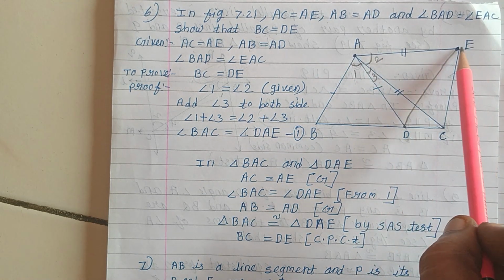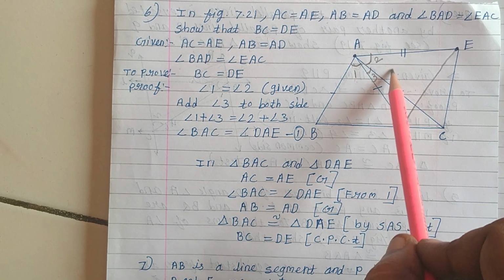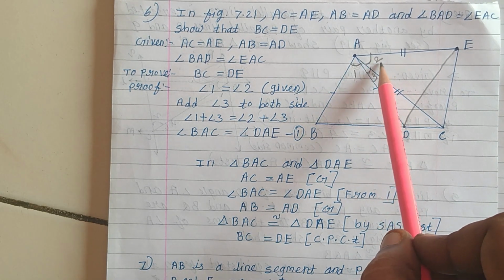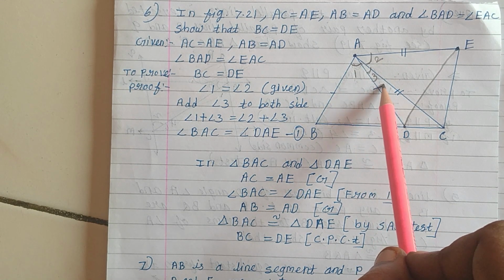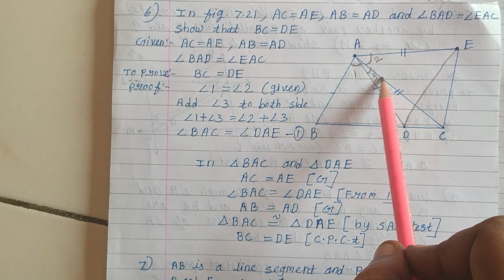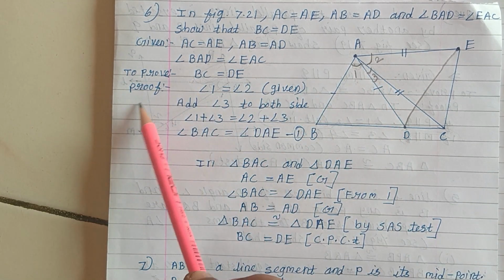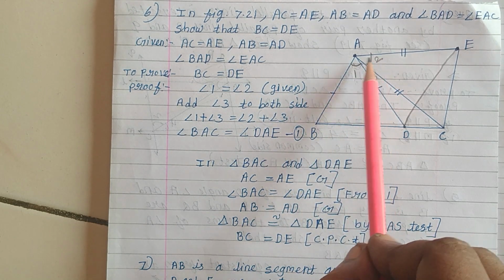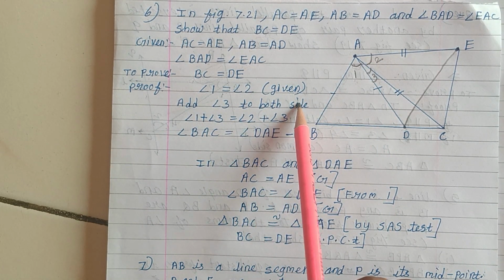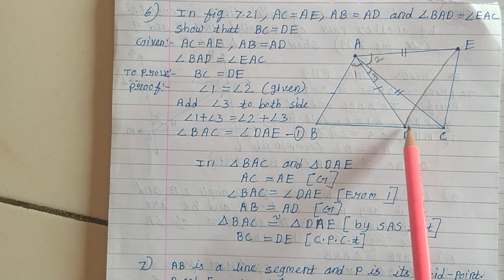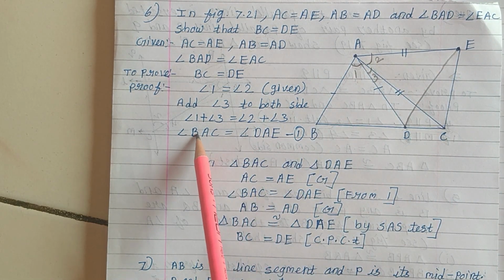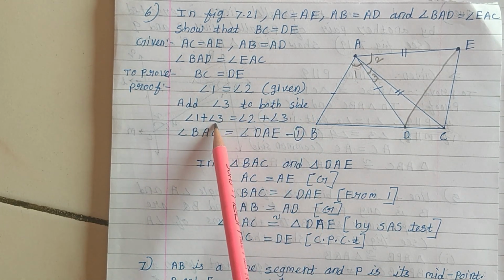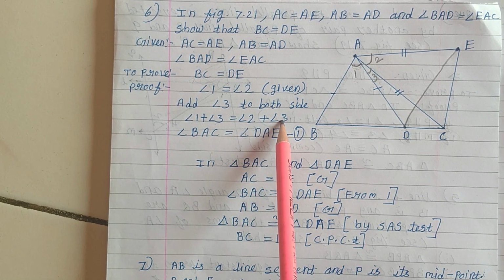Similarly in DAE, total angle A is coming which is angle 2 plus angle 3, लेकिन यहाँ हमें angle 1 और angle 2 दिया हुआ है, यानी दोनों में क्या मिसिंग है, angle 3, इसलिए हम एंगल 3 दोनों में ऐड करेंगे. सो नाउ इन प्रूफ एंगल 1 इक्वल टू एंगल 2 इट इज गिवन. नाउ ऐड एंगल 3 टू बोथ साइड बिकॉज आई वांट दिस BAC एंगल शुड बी इक्वल टू DAE. सो एंगल 1 और एंगल 3 we will add to both sides. So angle 1 plus angle 3 will be equal to angle 2 plus angle 3.